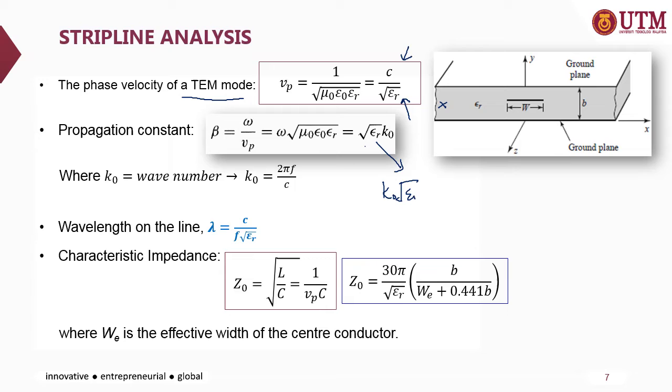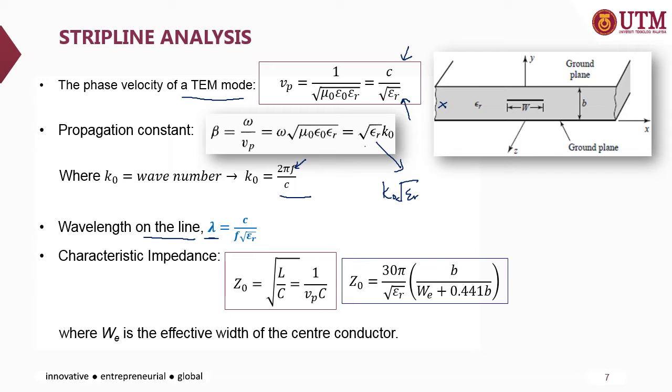Epsilon R is again the relative permittivity of the materials, and k naught is the wave number given by this equation, 2 pi f, the frequency of operation, divided by the speed of light, and the wavelength of the line equal to lambda,